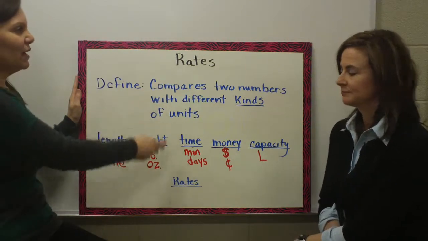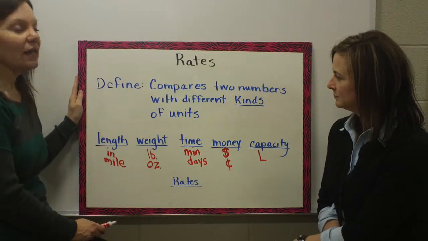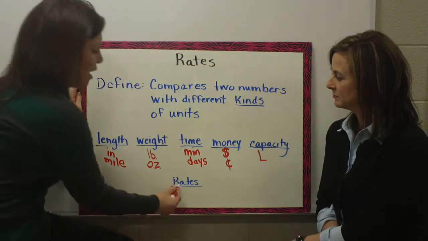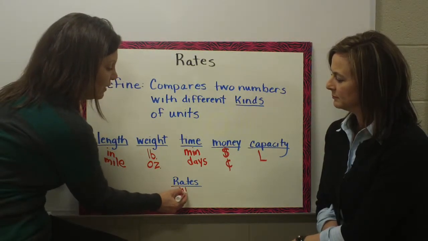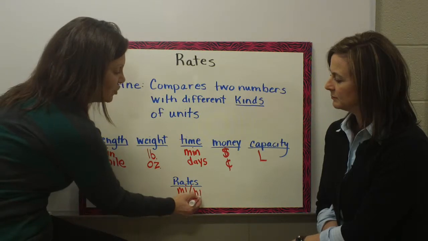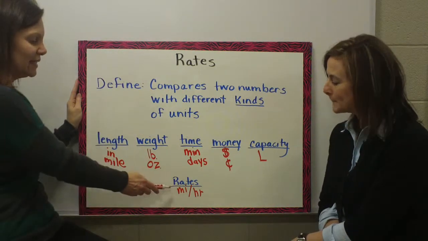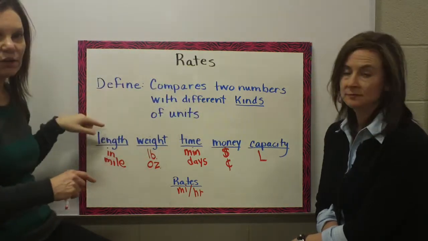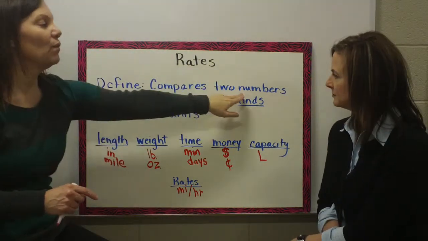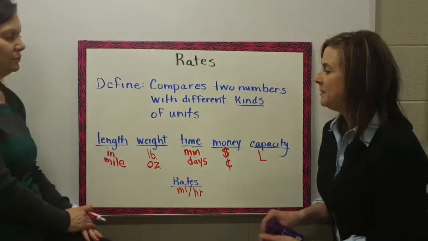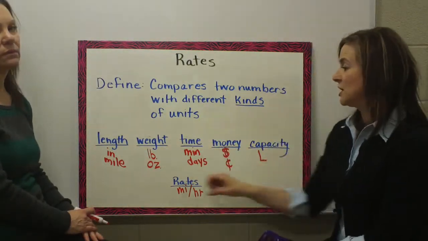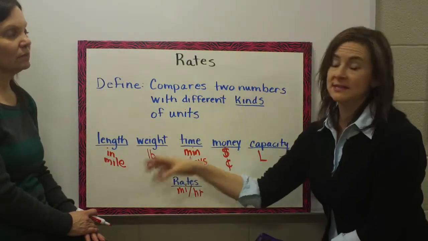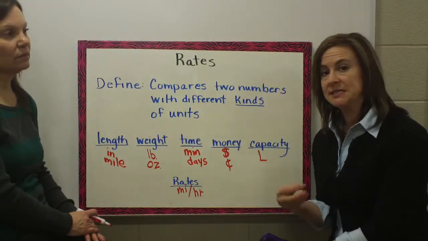Now, what's a rate? What does that mean? We're comparing two kinds. An example would be if you're driving in your car, how many miles you are going each hour. So we're comparing a distance to time. So here we have two different categories that we are comparing with our two numbers. Now keep in mind that all of these are just a couple examples. There are many more ways that we could measure each of these, but we just wanted to give you an